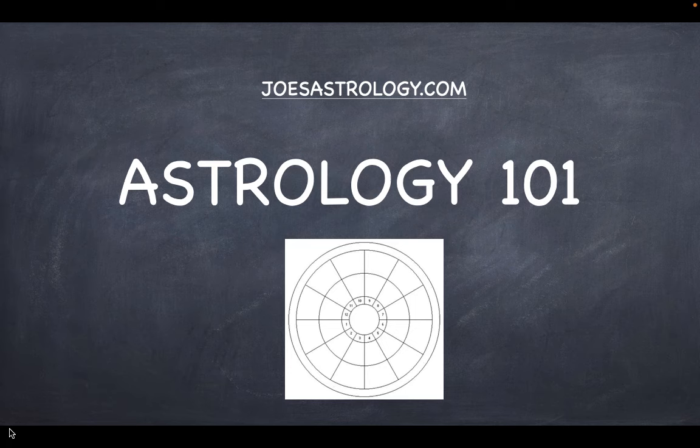Some of it may be repetitive, but some of it may be useful, and I'll try to throw in some of the things that I've learned that are maybe a little bit more advanced as well. So we see here on the screen, this is the zodiac wheel that we're dealing with. I'm not going to get into the astronomy of it, just stick strictly to the astrology. We see the houses there. Here's the first house, second house, third, fourth, fifth, sixth, seventh, etc. And they're numbered here in the center.